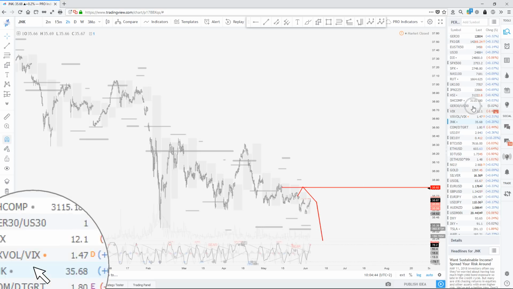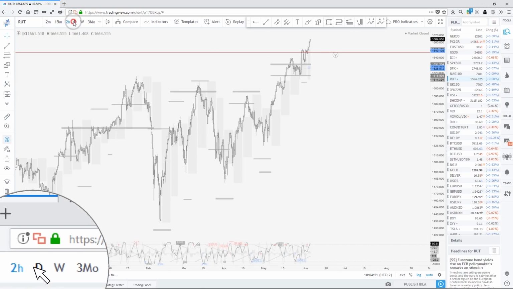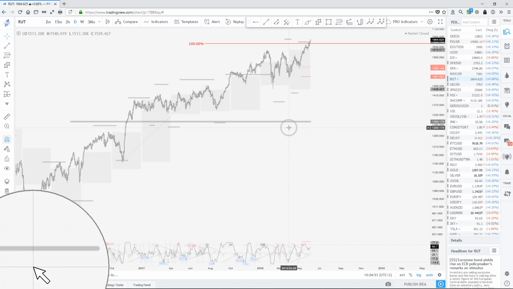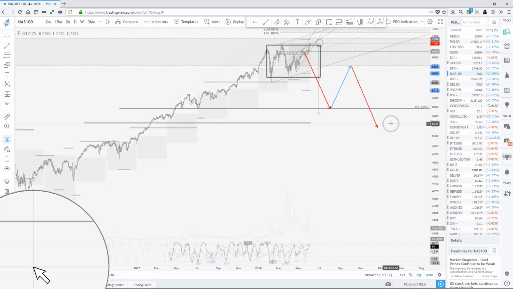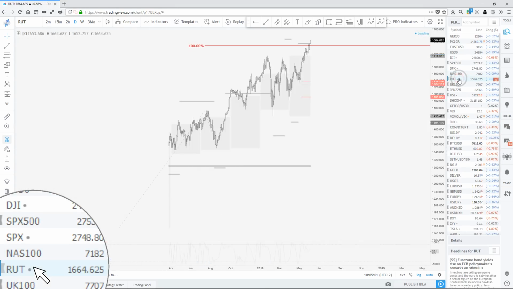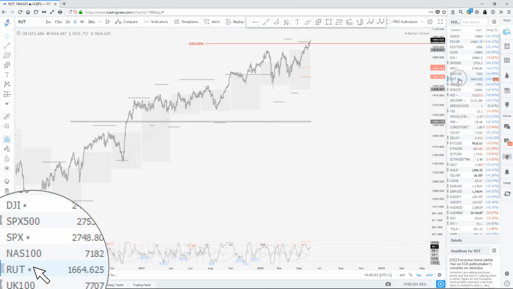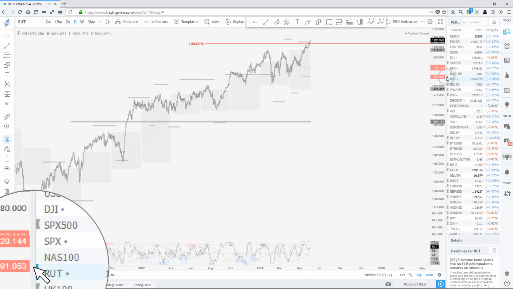Okay, so let's set things straight. What is exhausting? What is making Wall Street happy and confident that this thing is going to last forever? Because we got the Russell to historical highs. Yeah, it's pretty nasty. And we got the Nasdaq as well. But guess what? If Nasdaq is doing a double top structure, nasty things are down the road. Russell could very well stop there. It's been making a fifth wave, 1, 2, 3, 4, 5, so it could very well be terminating in here.